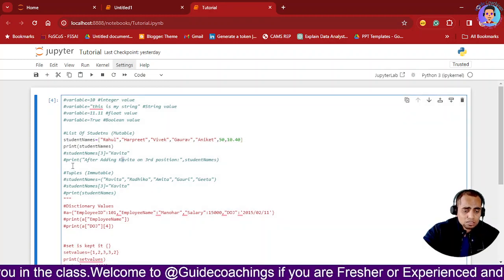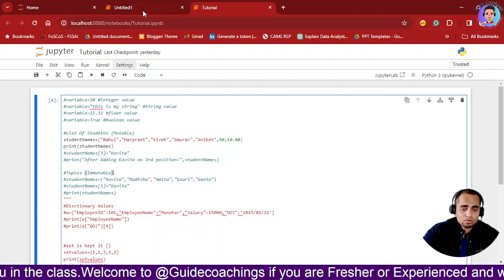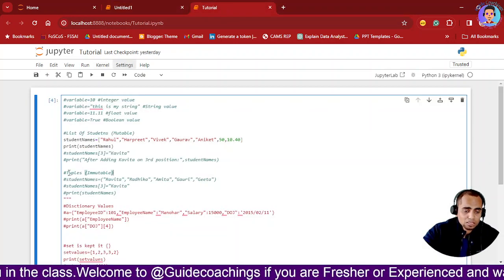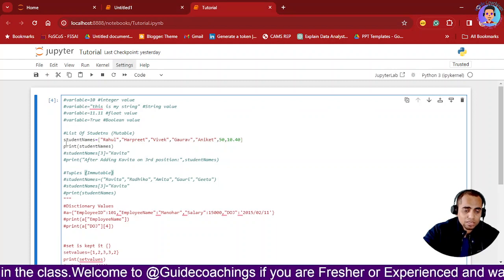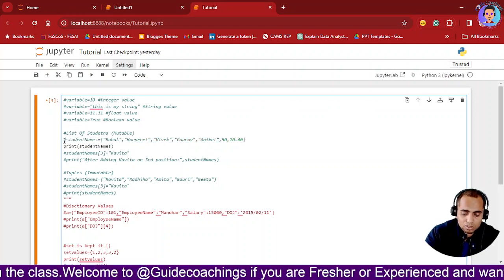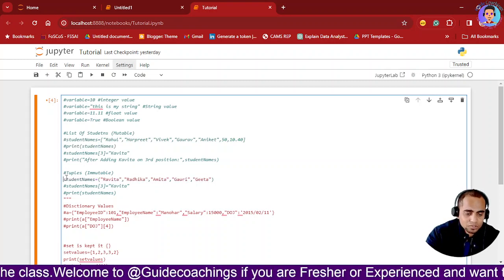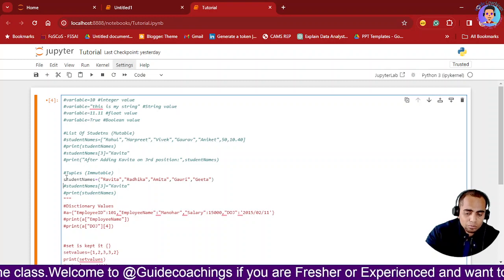Now we will be seeing about tuples, how a tuple can be used and what is the benefit of a tuple. I will just comment this part, I will uncomment it. So, tuple and